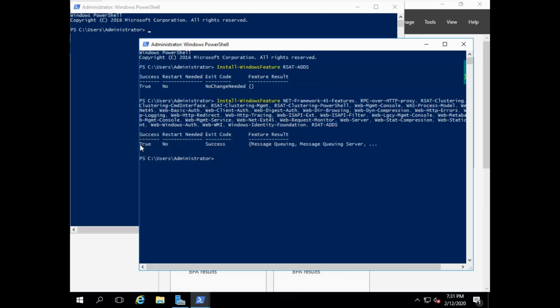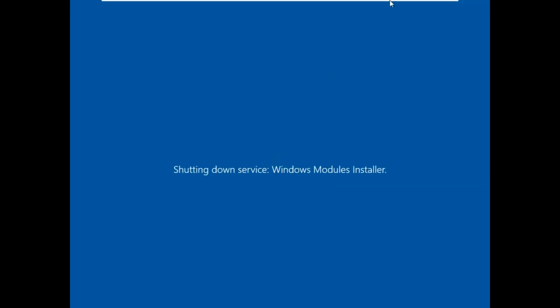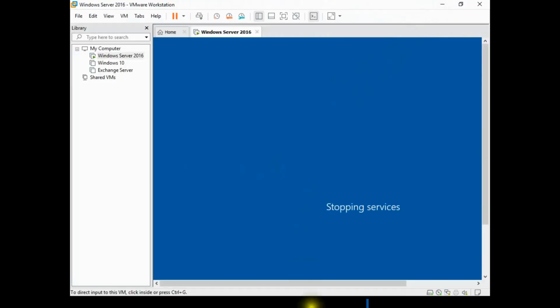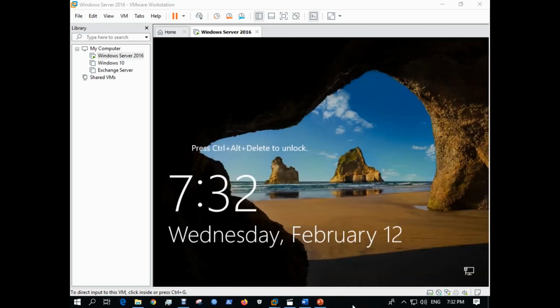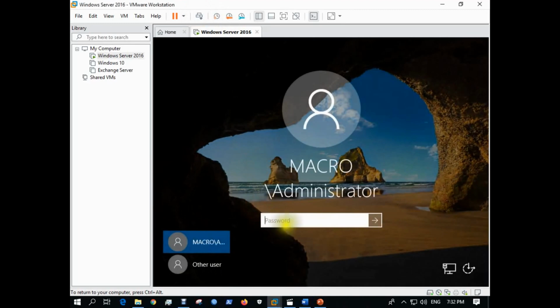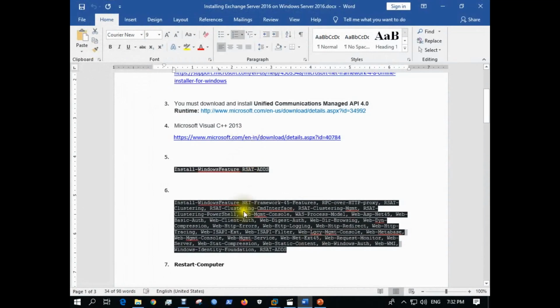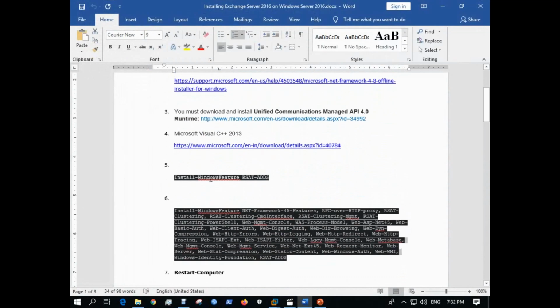The installation is complete. Best practice is to restart the server. Let's restart the server. Restart is complete. Let's log in. We have completed 7 steps till now.